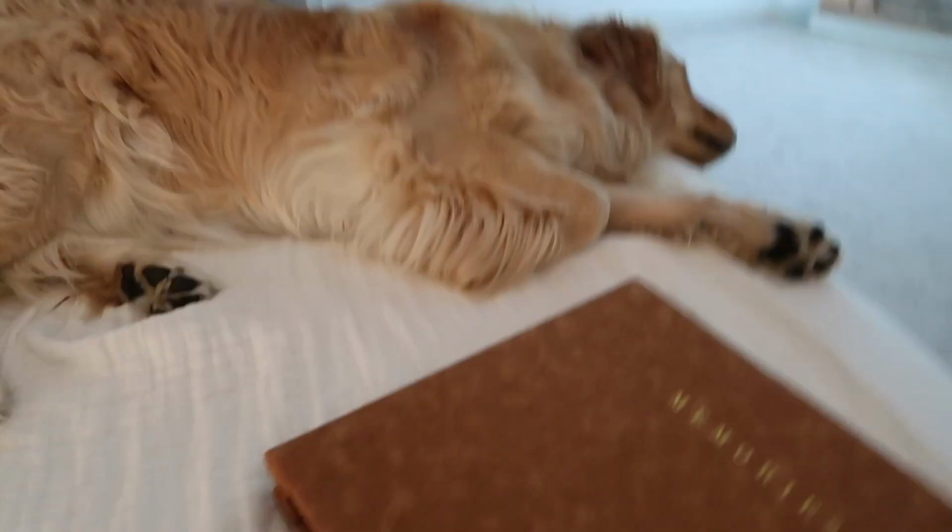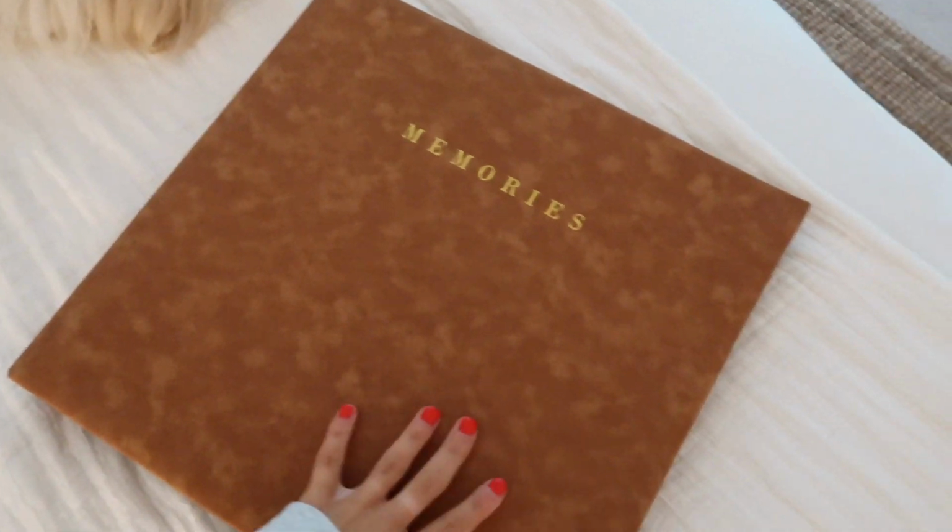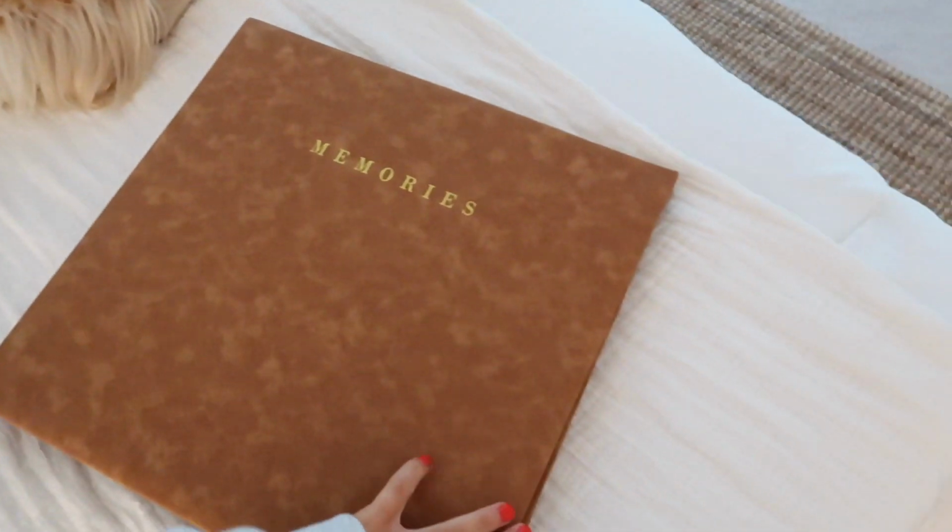Oh my god. What is this? Raspberry rose. Okay, I'm going to do a taste test. That's actually really good. I wouldn't say it tastes like soda, but it's definitely better than sparkling water. But now I am going to, I got this little, well, it's actually really big, photo album at Michael's when